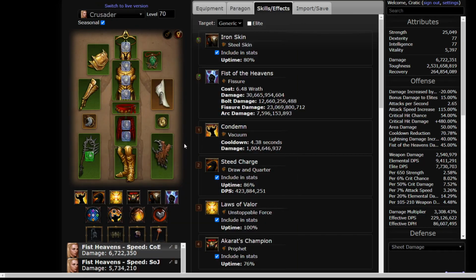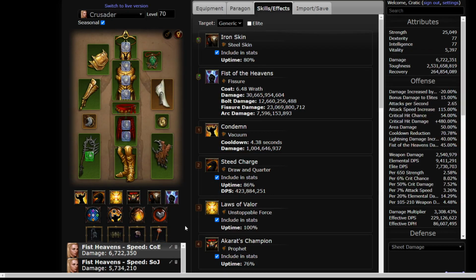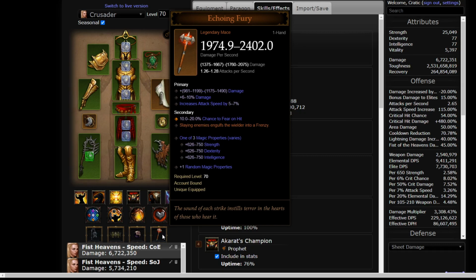Anyway, because of this focus on cooldown, we're running the Go Go Go Swiftness, stacking up our attack speed as well, which is going to be fairly important for damage, along with running the Echoing Fury. So awesome here. Attacks are going to be coming down super quick as soon as we start killing a little bit of trash,